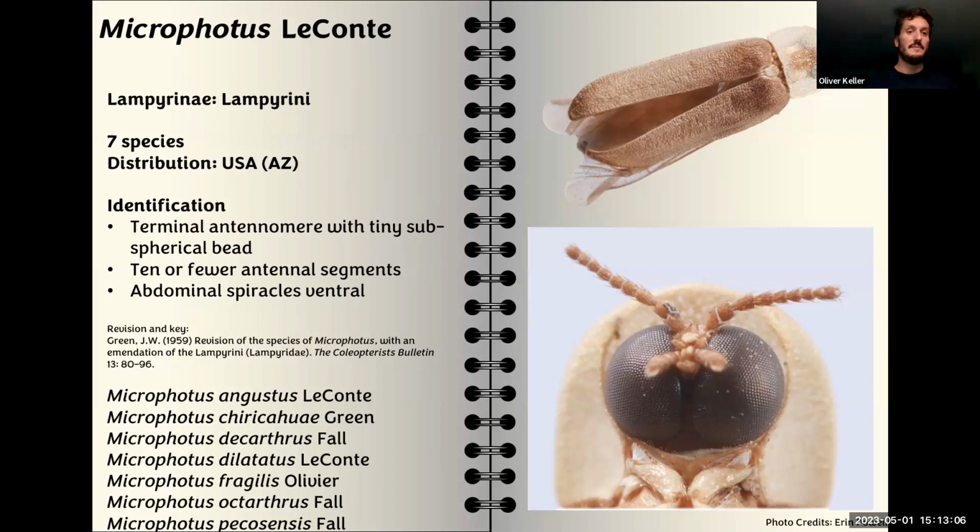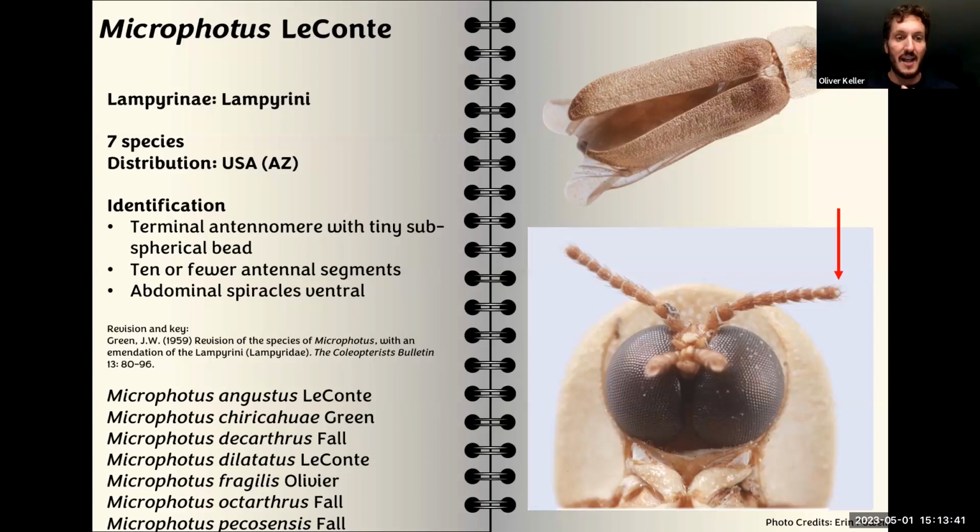Microphotus, Lamperini, there's 7 species from the US, Arizona. There's a revision and key by Green from '59, also in the folder. These are the species, and these are some of the characters you can see to identify them. So when you look at the antennae, on the last segment, there's this tiny, very tiny